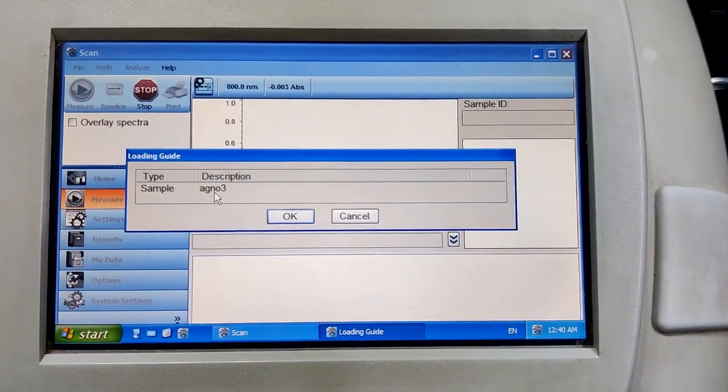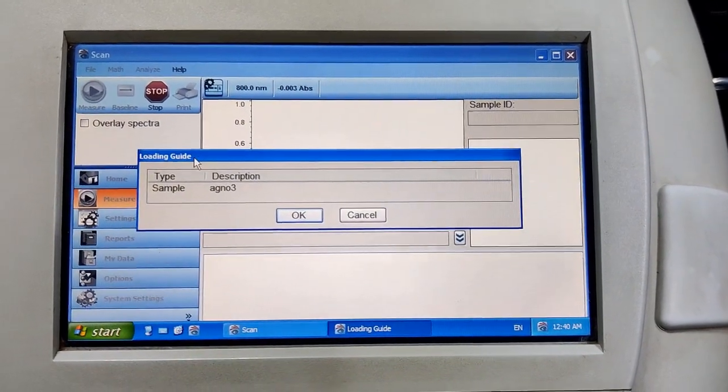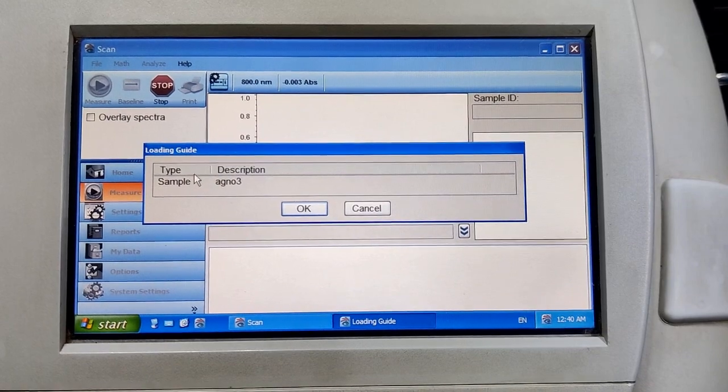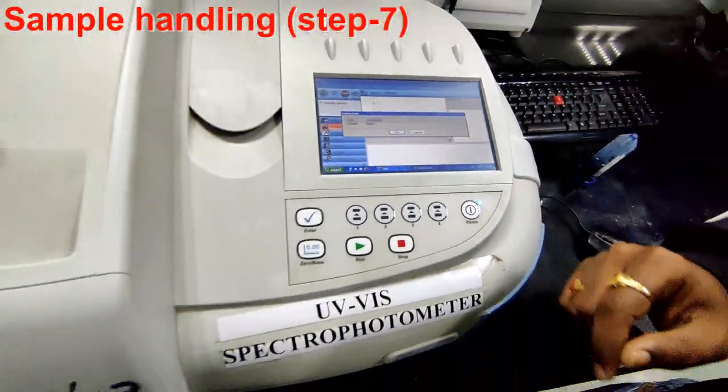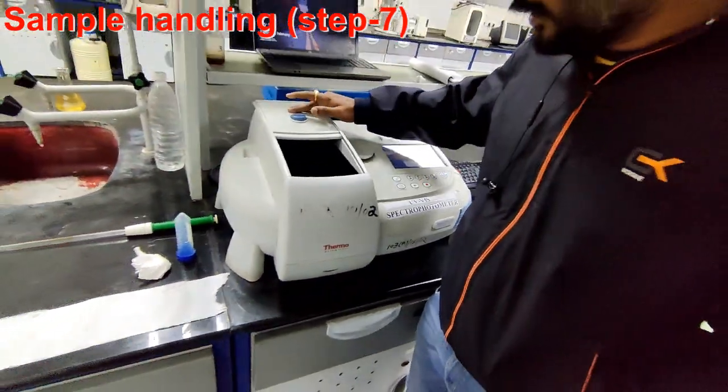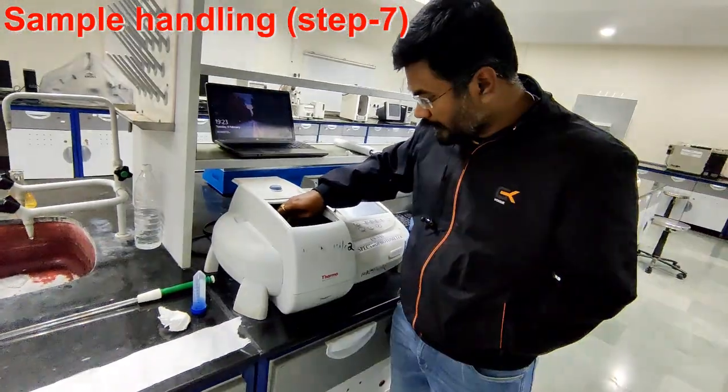Again the loading guide will pop up, asking that the sample AgNO3 is loaded. Now we take out the distilled water, the blank sample, from this,